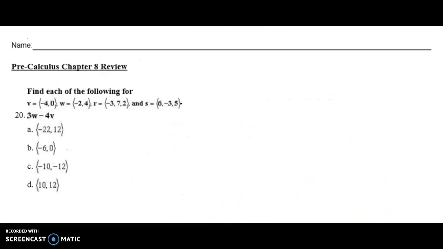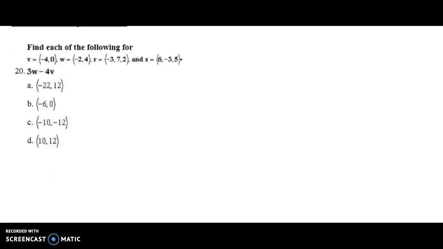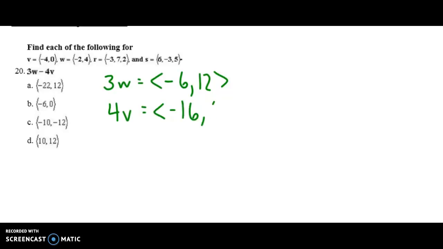Now finally, the last one, question number 20. 3W minus 4V. First, I need to find 3W. So 3 times negative 2 is negative 6. 4 times 3 is 12. I have to find 4V, which is going to be 4 times negative 4 is negative 16. 4 times 0 is 0. And now I simply subtract them. So negative 6 minus a negative 16 is positive 10. 12 minus 0 is 12. So my answer then is going to be